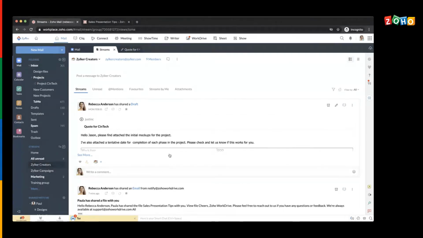So you can see how streamlined and efficient your communication within your organization becomes when you're using streams, email sharing, and features like folder sharing. You can minimize a lot of email threads, and you can just get conversations going by minimizing your storage space as well. Apart from this, to